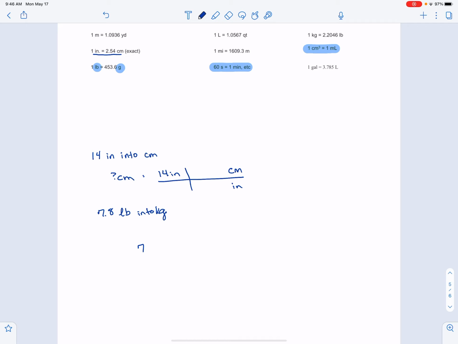I'll be using this for that one. And in this case, I'm solving for kilograms. 7.8 pounds. And over here is a kilograms conversion, so I know I can do it. And again, I just throw that unit down diagonally, and then I put a kilogram right there. Then I'm going to throw the numbers in. Make sure you're putting the numbers that are actually beside the units in the right places. So 1 inch versus 2.54 centimeters. And then over here, it says 1 kilogram,